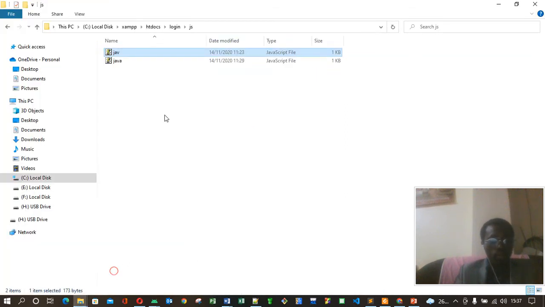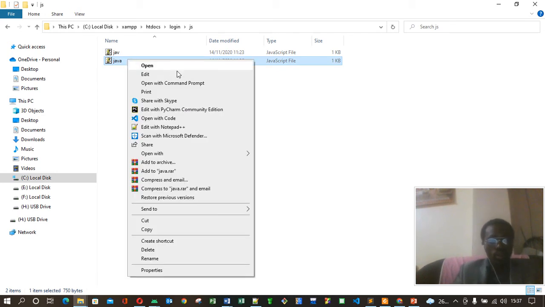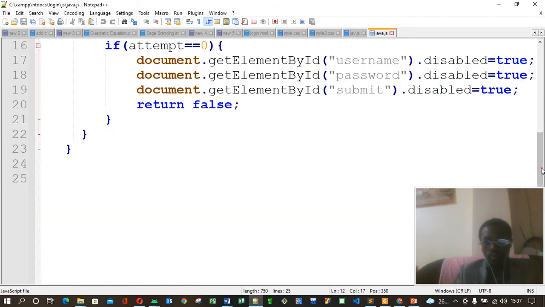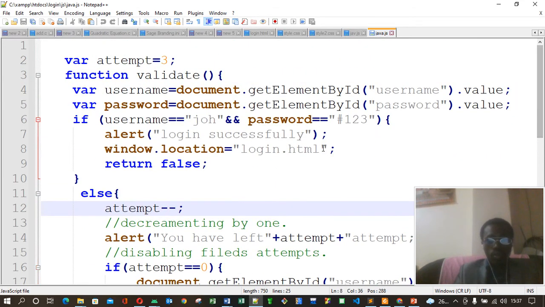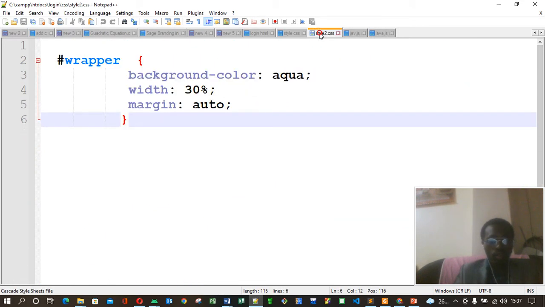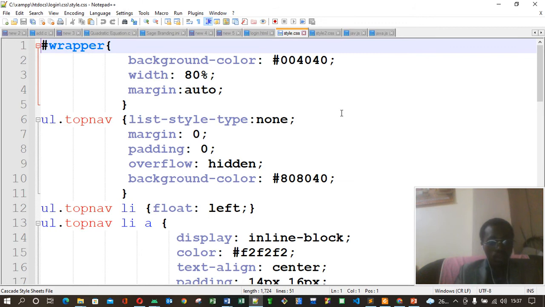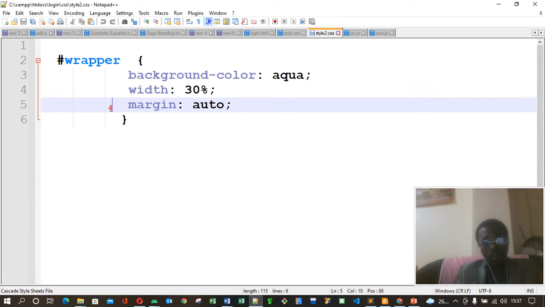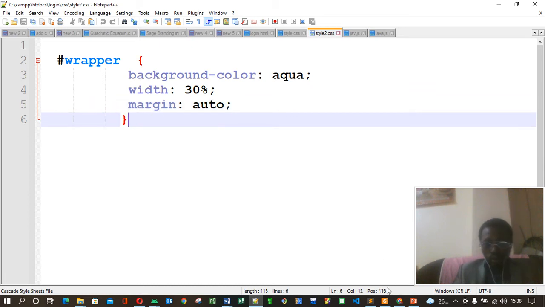Have the JavaScript and this other one also. So today we are not going to look at the JavaScript. Just some small CSS, and yeah, just some small CSS, and that CSS is